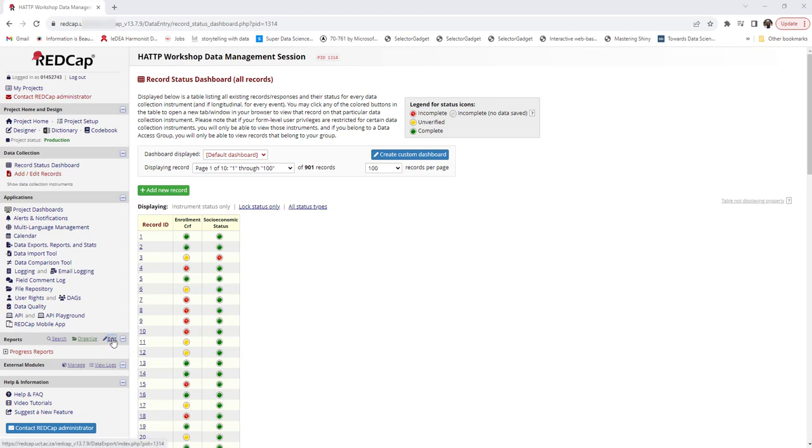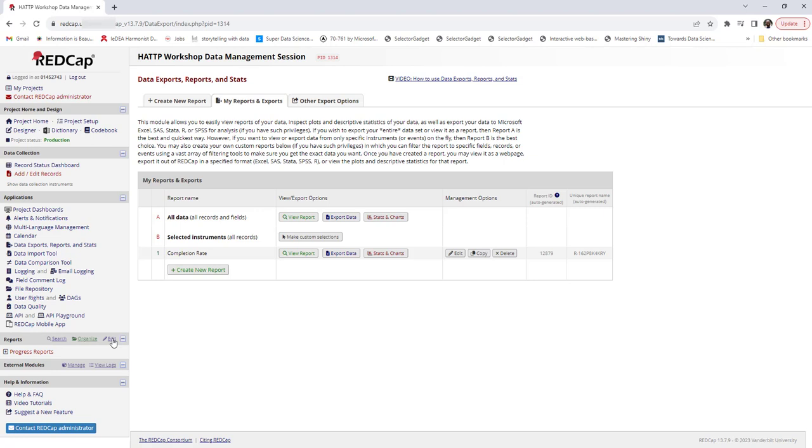I'll go to edit. Essentially, with your reports, you might have certain key attributes for your study that you want to always monitor, and you want to give feedback to your collaborators or PIs on the progress of any of those